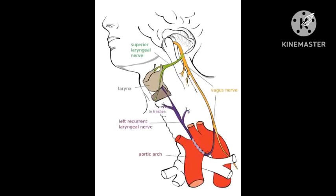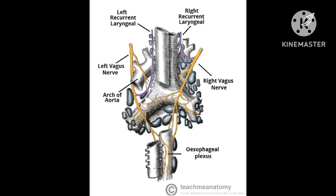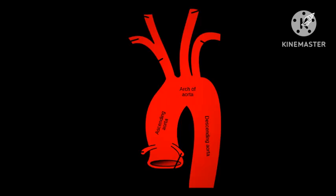The right vagus then crosses anterior to the right subclavian artery, runs posterior to the superior vena cava, descends posterior to the right main bronchus, and contributes to cardiac, pulmonary, and esophageal plexuses. It forms the posterior vagal trunk at the lower part of the esophagus and enters the diaphragm through the esophageal hiatus. The left vagus nerve enters the thorax between the left common carotid artery and left subclavian artery and descends on